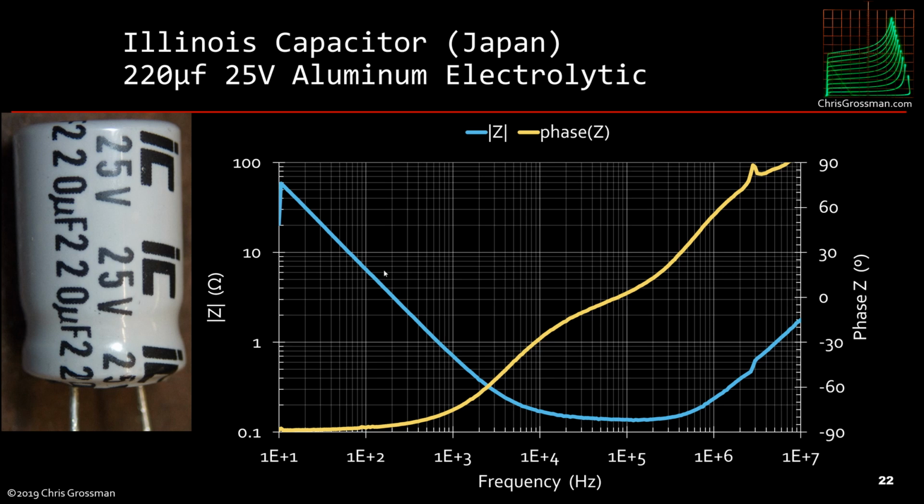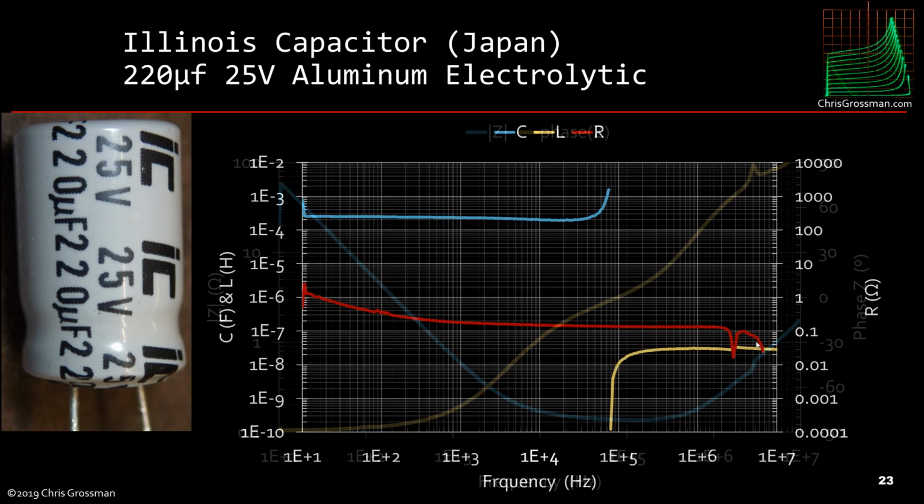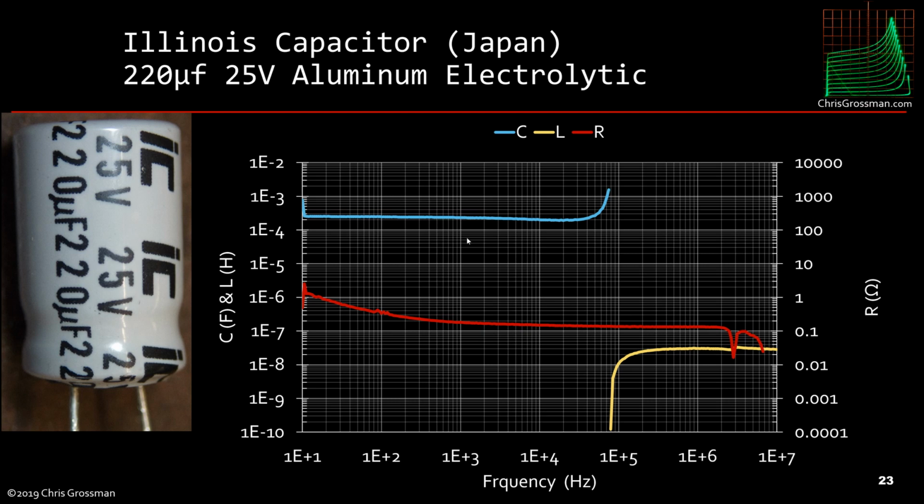So here we see the impedance drops, and then it kind of levels off. We have the ESR, then it comes up and where it starts to look inductive. Again, we have one of these glitches in the 2 to 3 megahertz regions. That glitch is not real. So if we convert the measured impedance to capacitance and inductance, we can see here this